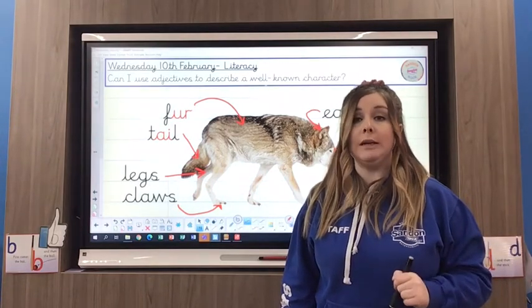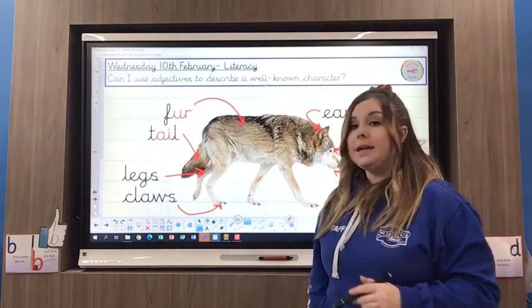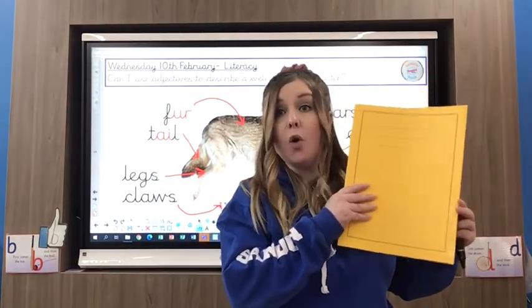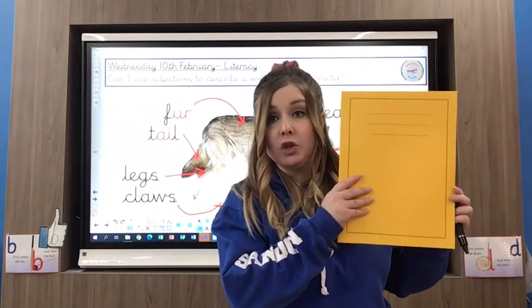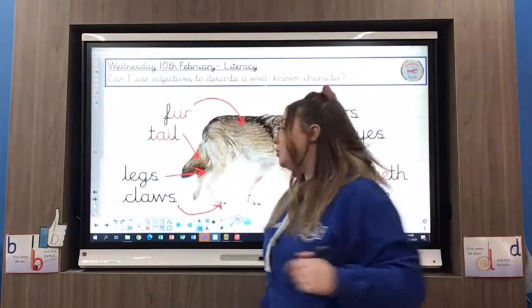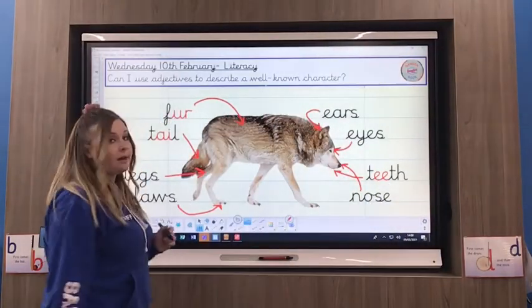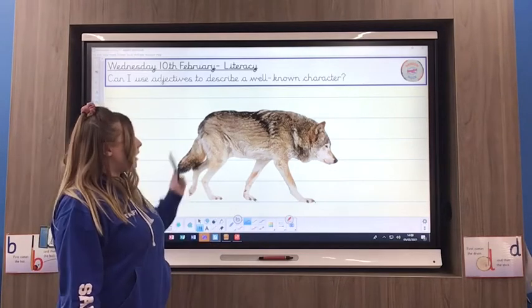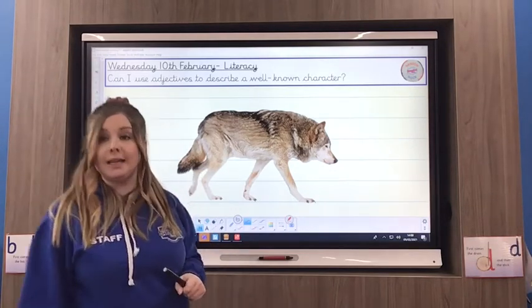So what you're going to do for me now, Year 4, is using your yellow book, so you might want to turn to the first page or your next blank page if you've already started some work in here. And you're going to draw me your very best wolf. And the wolf is going to be in the middle of your page, just like it is